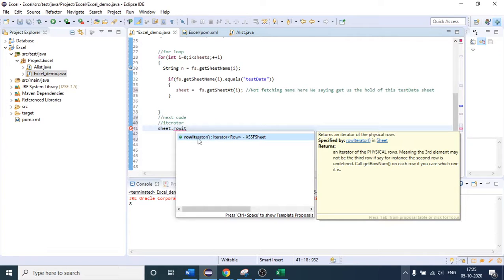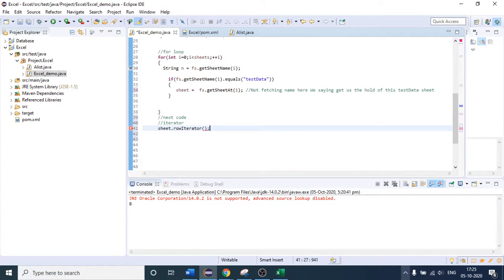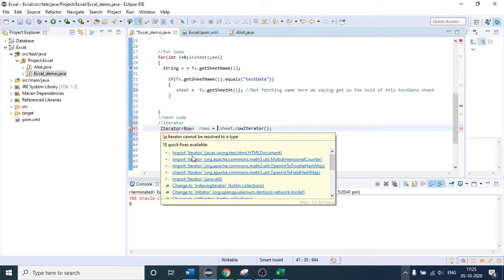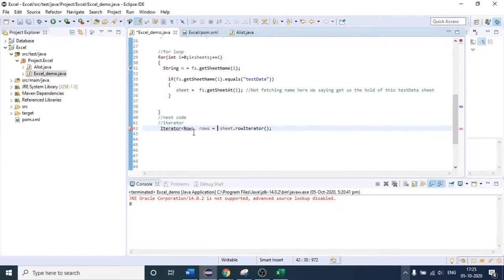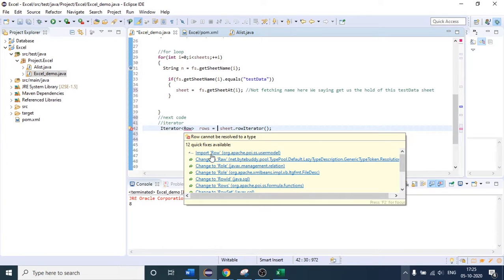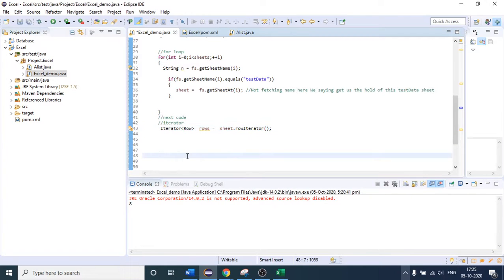It will return an iterator which is of type Row, and I will name it rows. Let me first import the package, and import this one as well, so the error will be gone.